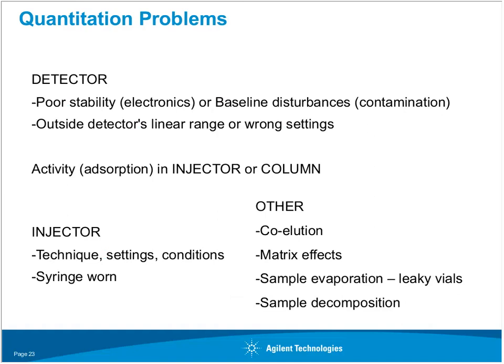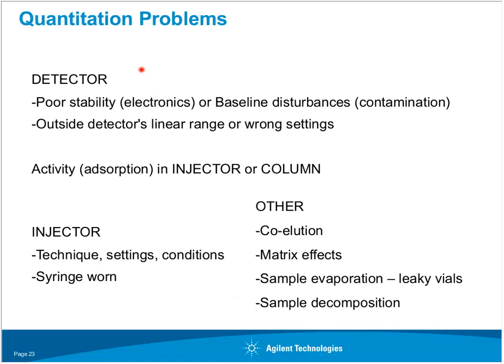Okay, now let's look at some quantitation problems. From the detector side, it's poor stability, electronics, or baseline disturbances, contamination. The other thing that could be outside the detector's linear range. Many times customers will call in and say, wow, I'm seeing all this baseline noise, but what happens is they have zoomed in or focused so low on the noise that the